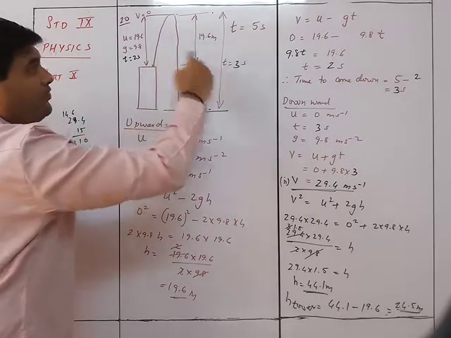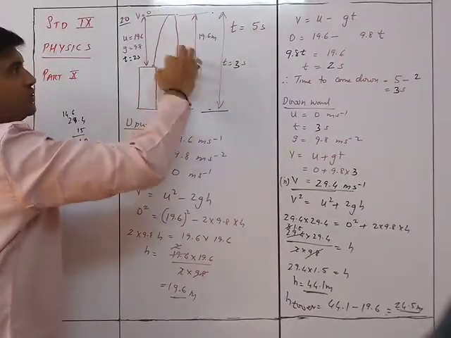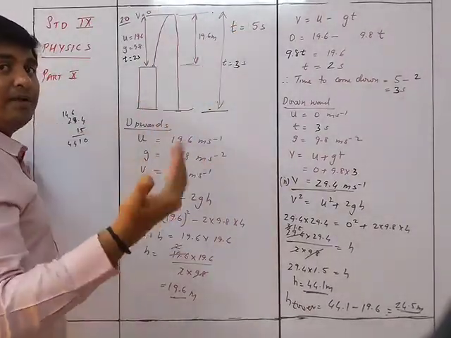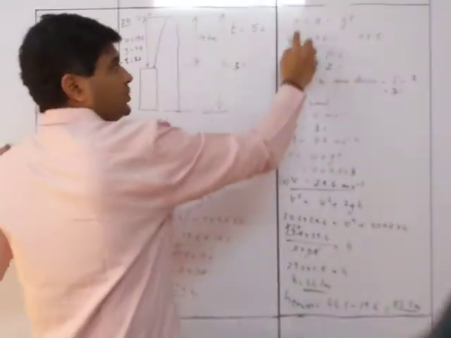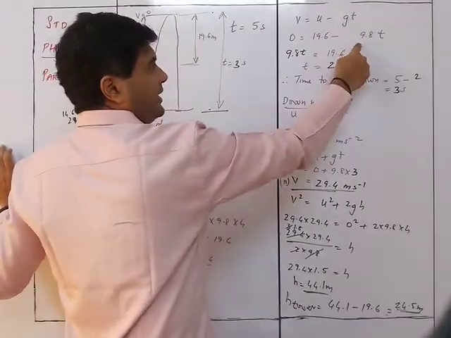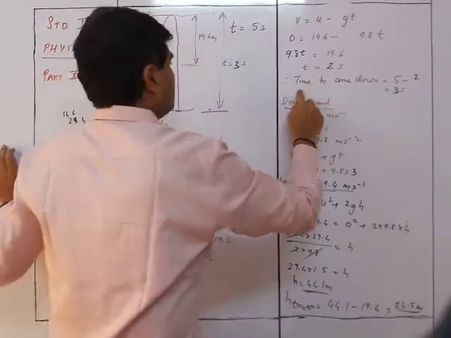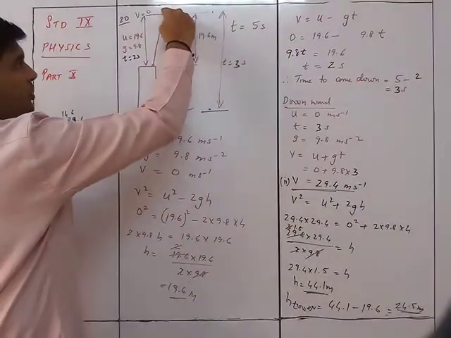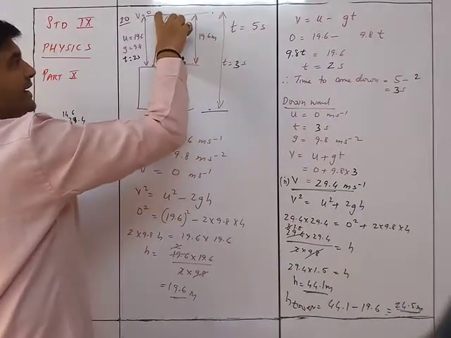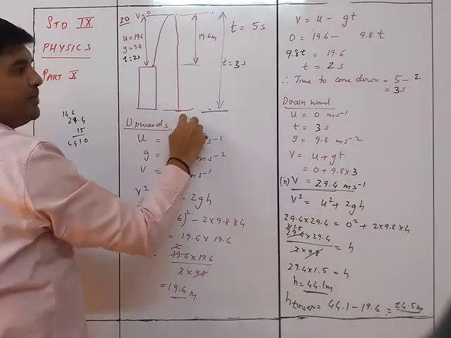Now you want to find out the time taken from here to here, so that I will know how much of the 5 seconds has already been used up. So v is equal to u minus gt. Accordingly we get t is equal to 2 seconds. So time taken from here to here is 2 seconds. So automatically out of 5 seconds, 2 seconds are utilized here. So this time over here will be 3 seconds.